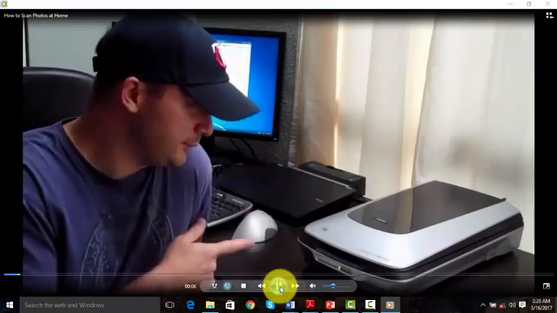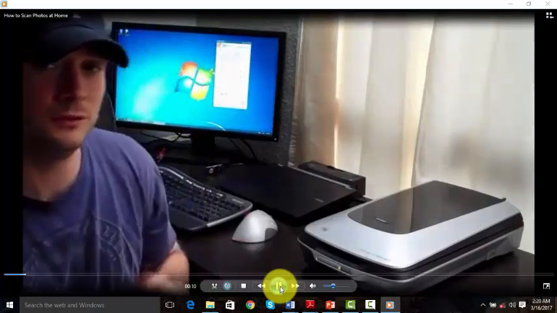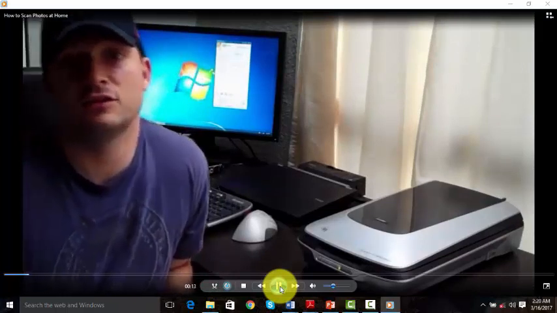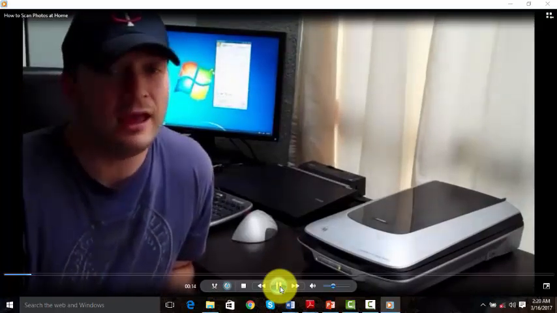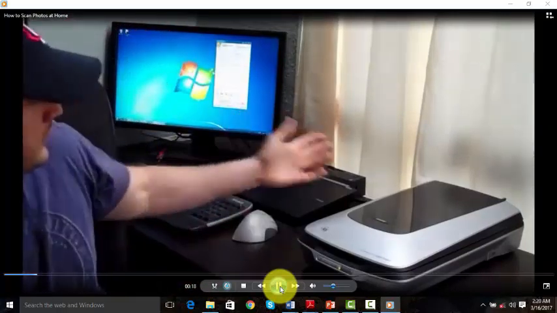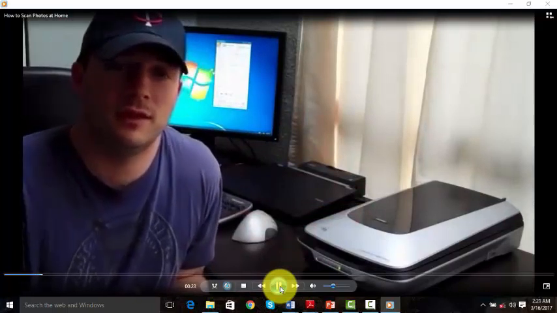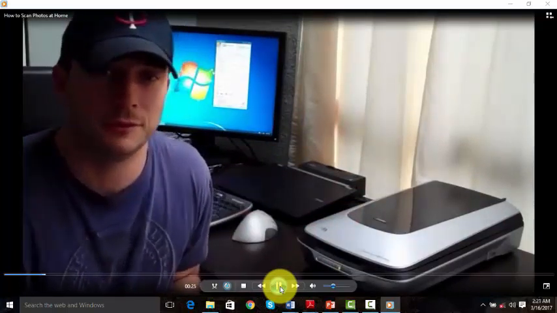And he wants to use my Epson 4490 photo scanner to scan his photos, put them online, distribute them, share them, and put them on hard media so they'll last forever. So I wanted to walk him through exactly how to use it, and in the process of walking him through it, we thought, why not record it and distribute it for everyone?